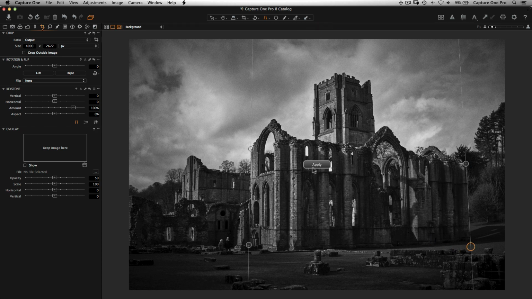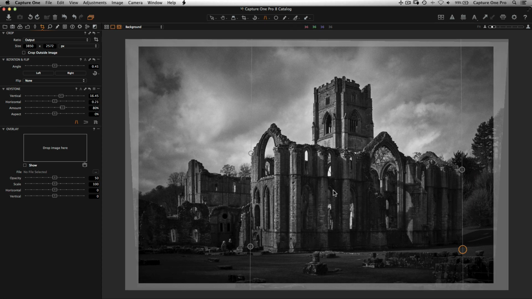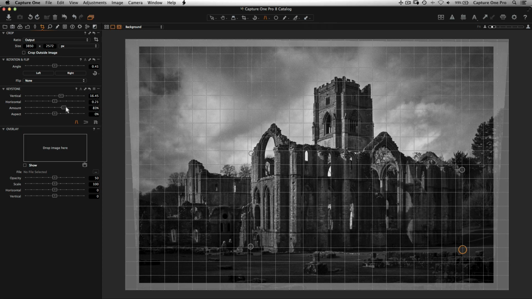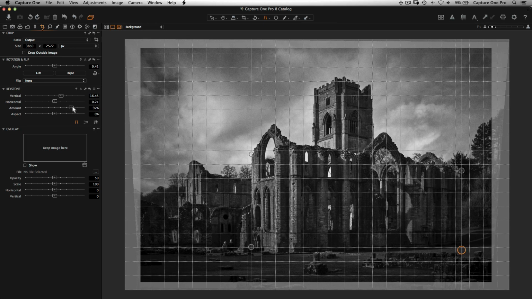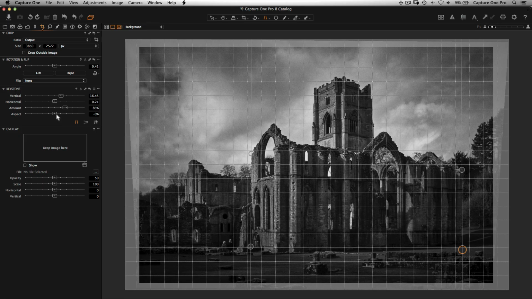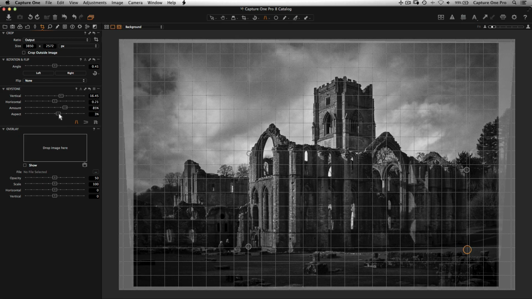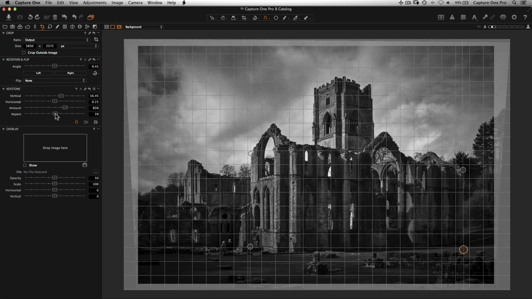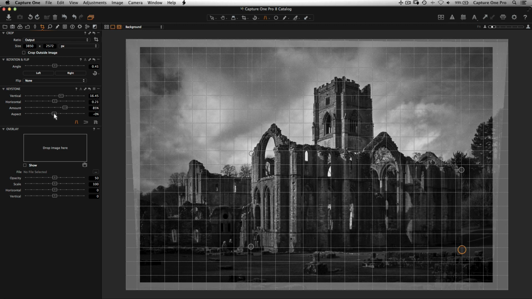Click the Apply button in the center and instantly the image will be corrected. By default, the amount of keystone correction is set to 80%. It can look a little unnatural and almost too upright at 100%, so experiment with the level of correction you prefer. Also experiment with the aspect slider. If the keystone correction has made the subject a little too narrow or vice versa, adjust to your preferred look.